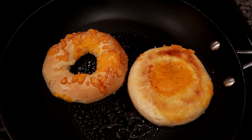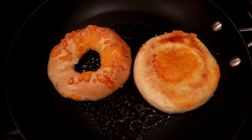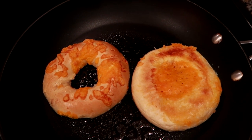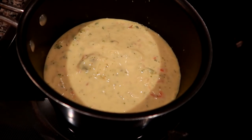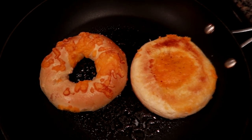We've been loving hot sandwiches lately. If you've been watching my What's for Dinner videos, you probably know that because I've been making Philly cheesesteaks and sausage and pepper sandwiches. But anyways, I'm gonna do the Panera broccoli cheddar soup, and then I am pan toasting up a cheddar cheese